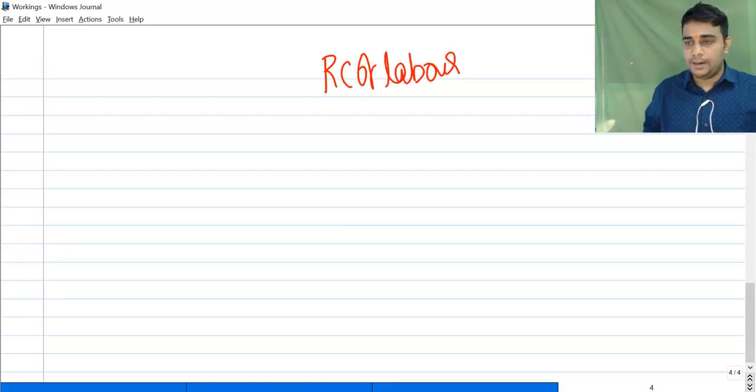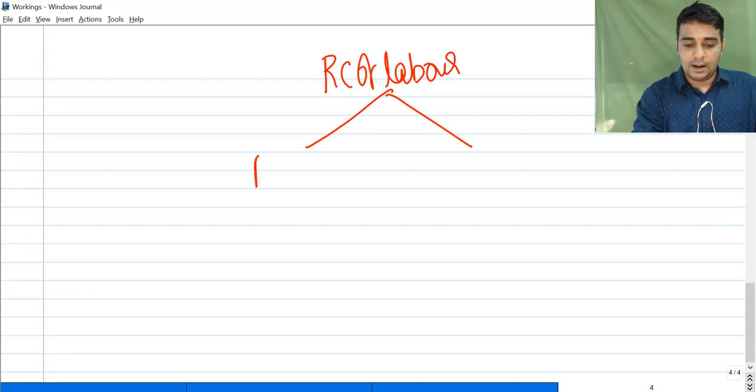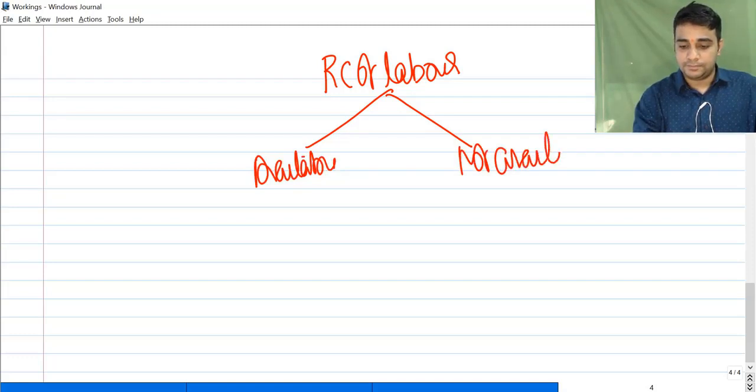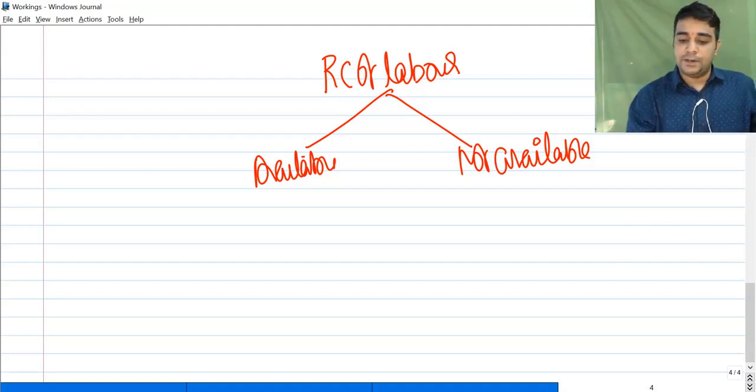Relevant cost of labor. Labor is basically the employees who are needed to do a project. Two situations: available, not available. I want some 100 employees. They are either not there in the company or they are there in the company. So not available, simple. Relevant cost is equal to